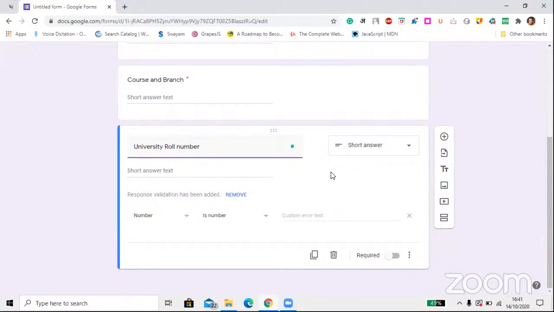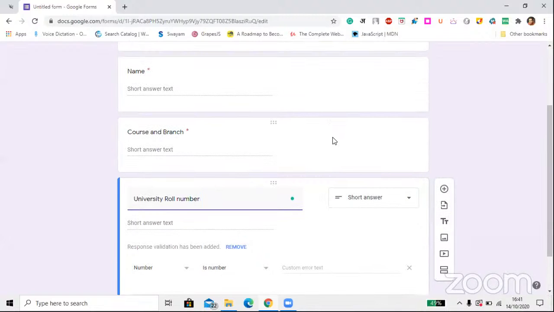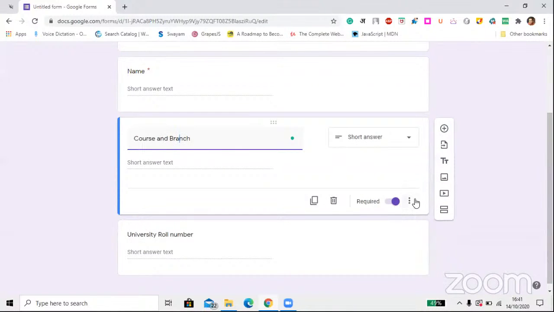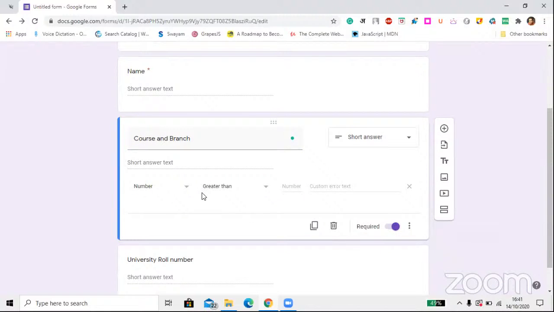So here Google Forms has also changed it to short answer type and also added a validation over here. Validation is something we can try over here. Whenever you click on the bottom right corner of a question and the three dots, there's an option of response validation. We can simply click on this and select the answer type. What is the answer that needs to be filled over here? Should it be a number or text or a regular expression? In the case of course and branch, it could be anything. It is not restricted to a number or text only, because while filling out these things,